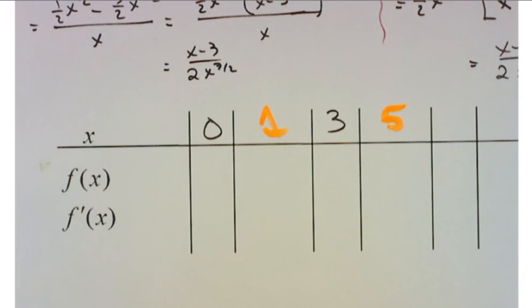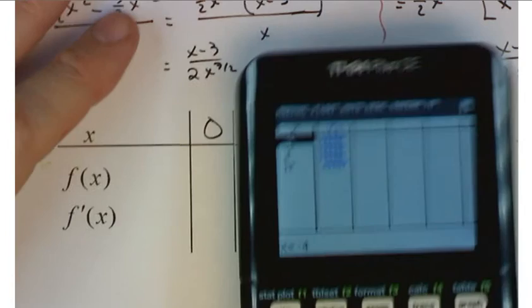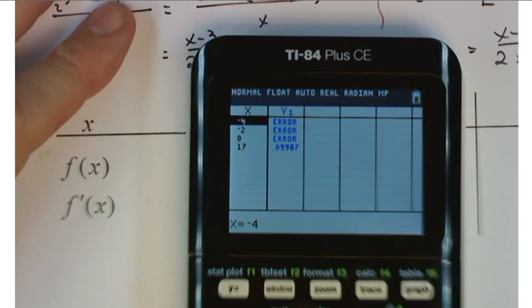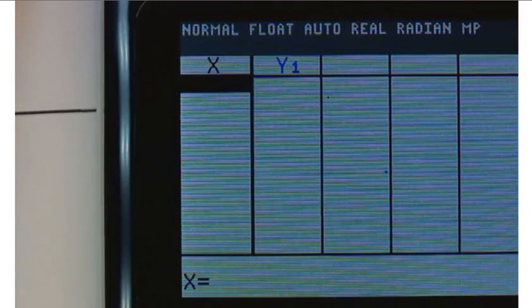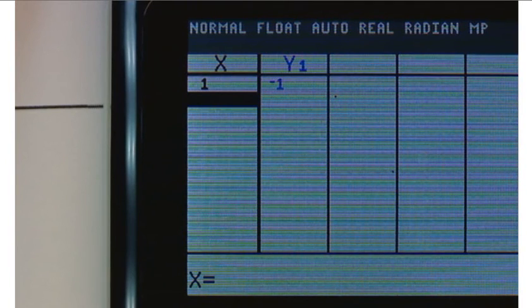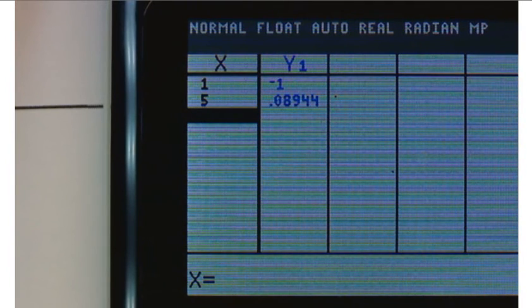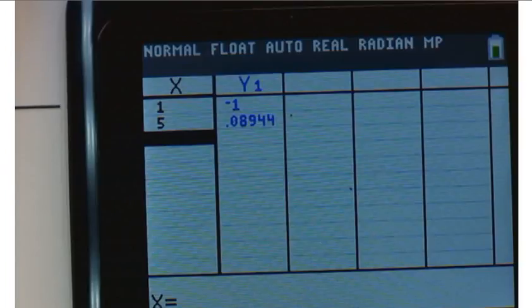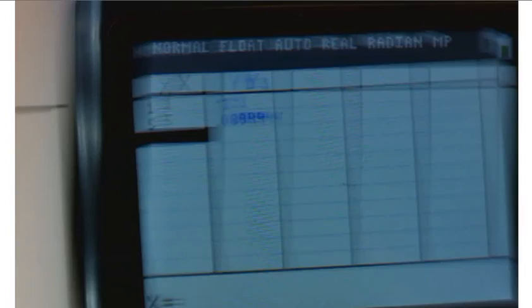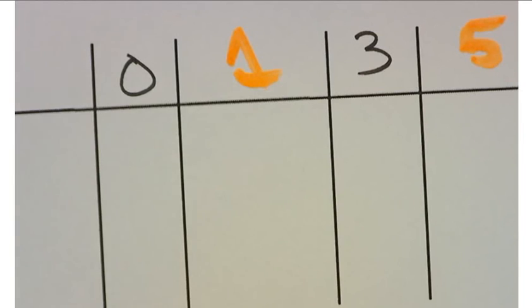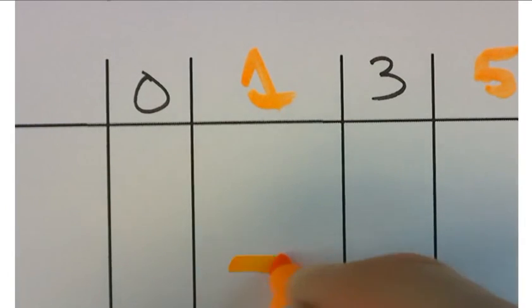So those are the 2 points that I'm going to test. Let's delete those, our old values, and test a 1 and a 5. So negative and then positive. So negative, positive,